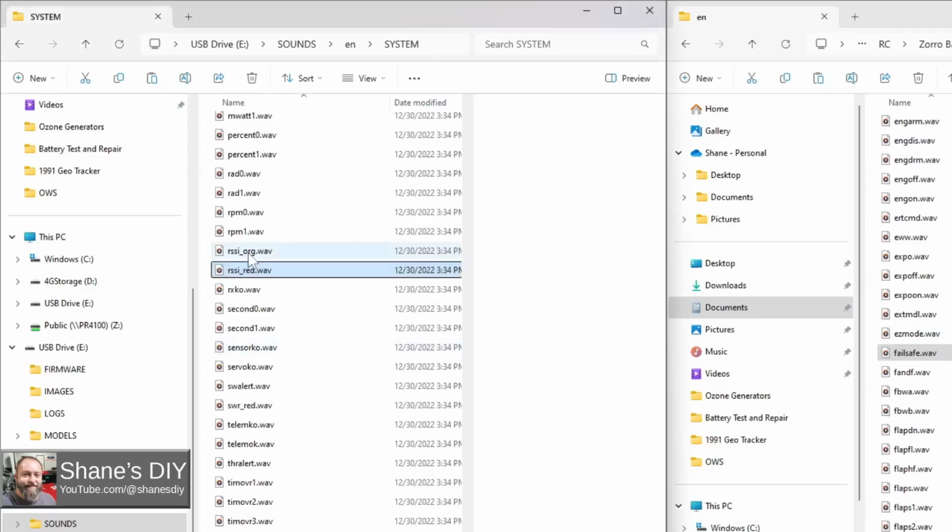RF signal critical. What we would need to do is rename whichever one of these we want to replace with